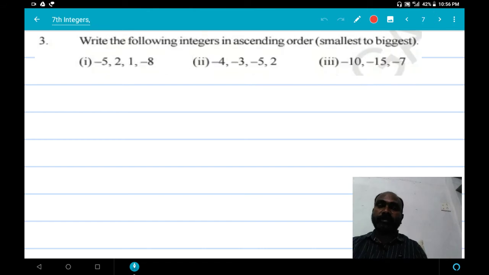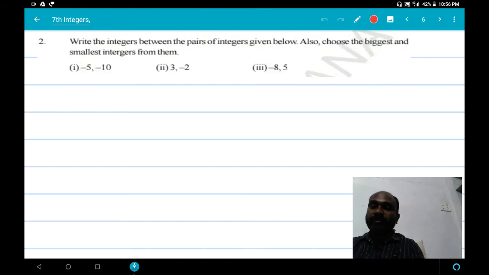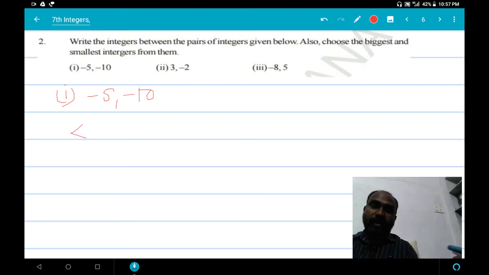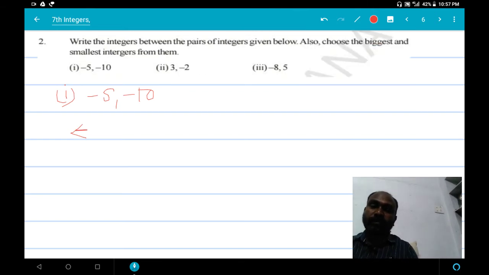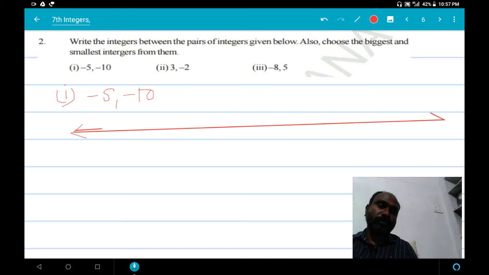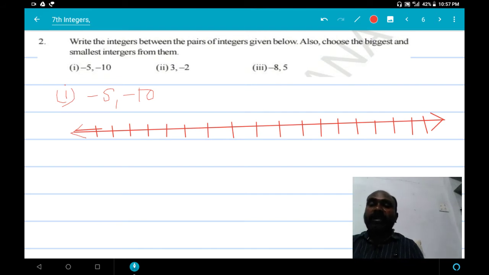First one, minus 5 and minus 10. Here on the number line, 1 2 3 4 5 6 7 8 9 10 11 12 13 14 15 16 17 18. It's okay. Here, the given numbers,